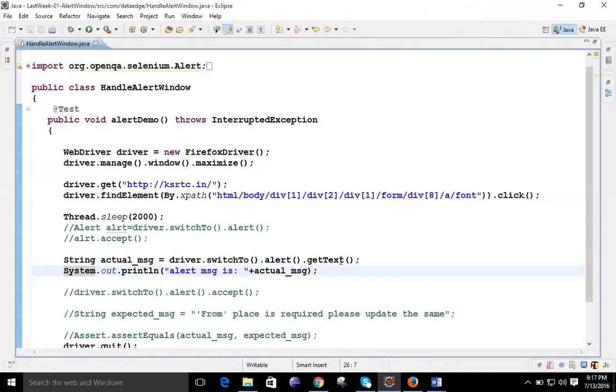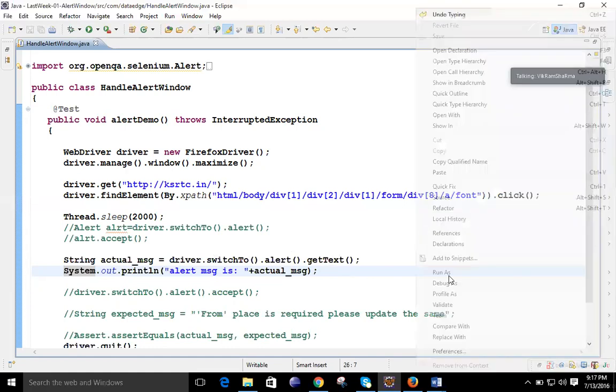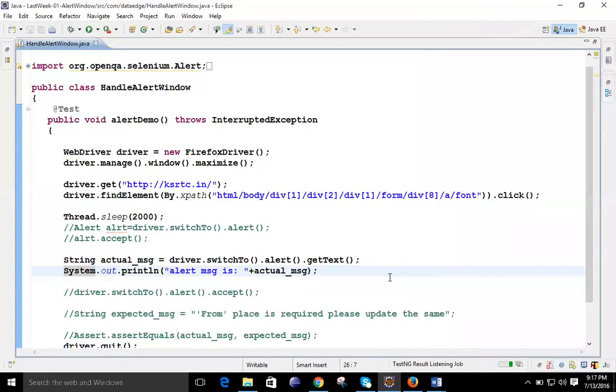By this method, driver.switchTo().alert(). It will directly switch to the alert, and whatever text is present in the message is going to be captured by this getText method. After getting that text, we are simply printing it, because in the first case we only got the console output that the alert demo passed, but we did not get the message. So now we will try to capture the text also.